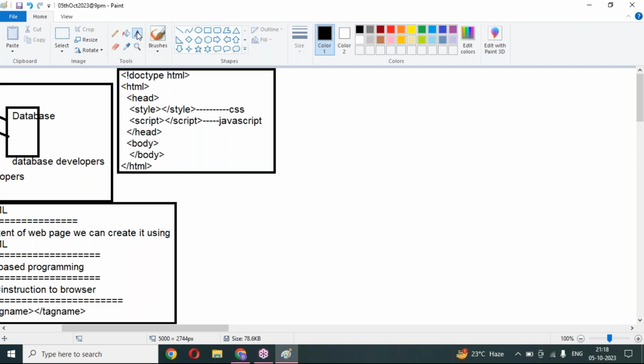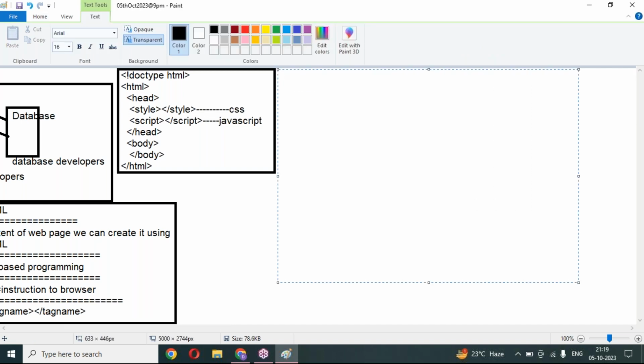Cascading style sheet, we call it CSS. Yesterday we observed that program. Cascading style sheet is mainly the style part of a web page. The style part of the web page we can create with CSS. Under CSS only we will learn how we can create